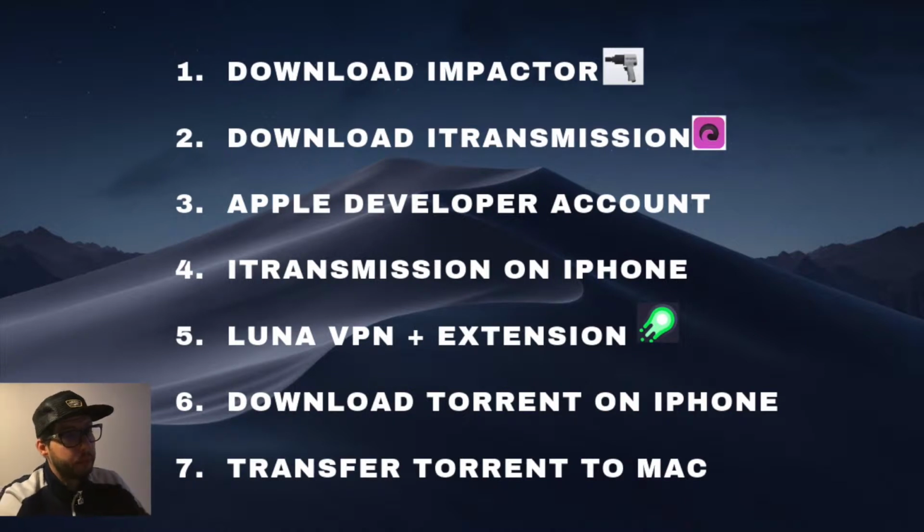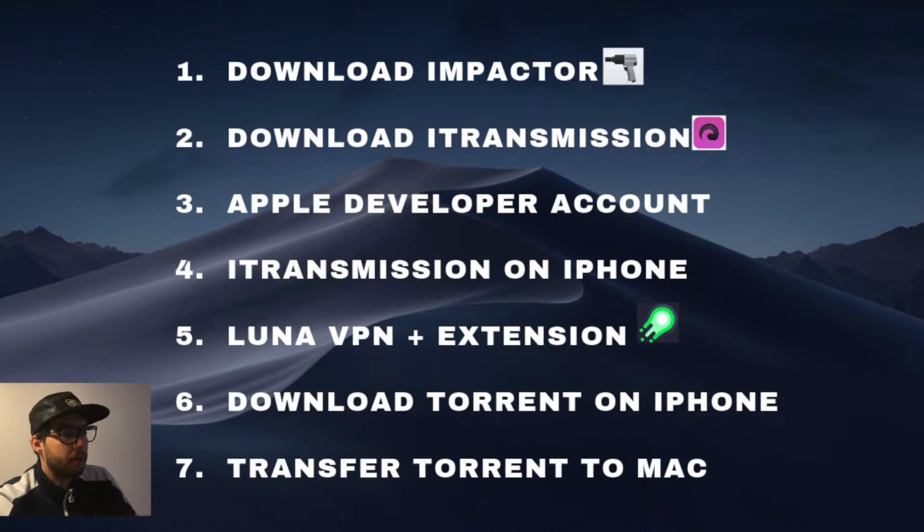In order to be able to install iTransmission on your iOS device, you will need to download Impactor from Cydia Impactor, then download the IPA file iTransmission from iOS Ninja. After that, you will need to create a developer account at Apple. In your developer account, you will have to create a specific password which can be used when you want to